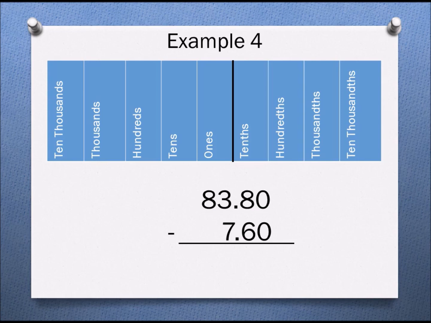Okay, so we can go 0 minus 0 is 0, 8 minus 6 is 2, we carry the decimal place down, 3 minus the 7 we cannot do, so we're going to have to borrow. So 10 minus the 7 is 3. 3 plus the 3 gives us 6. Since we borrowed from the 8, we're going to have a 7 as the left answer. So that is the